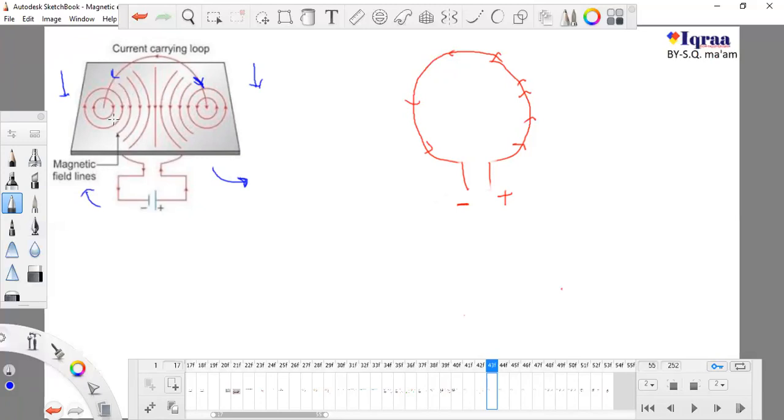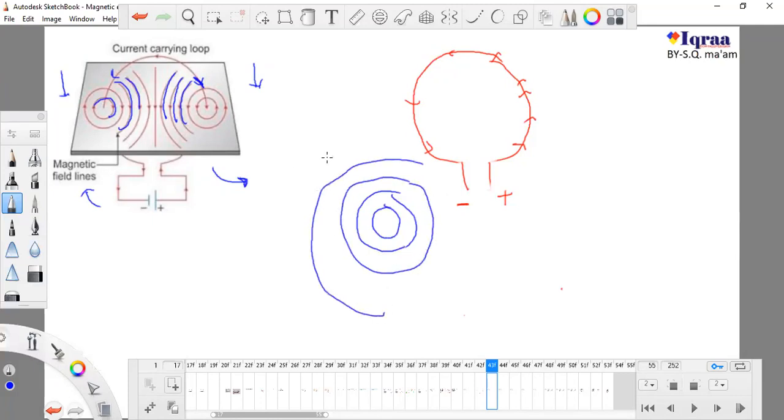And in magnetic field lines you can see they start small and they keep getting larger. If you draw this type of thing, a time will come when these lines can be considered as a single line. So here the rings are increasing, but at this side there is equal magnetic field.